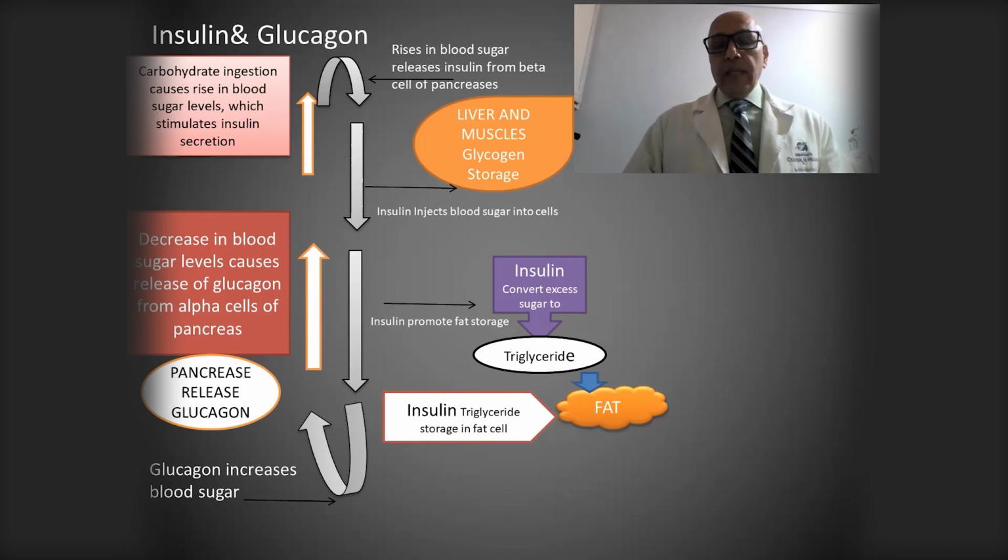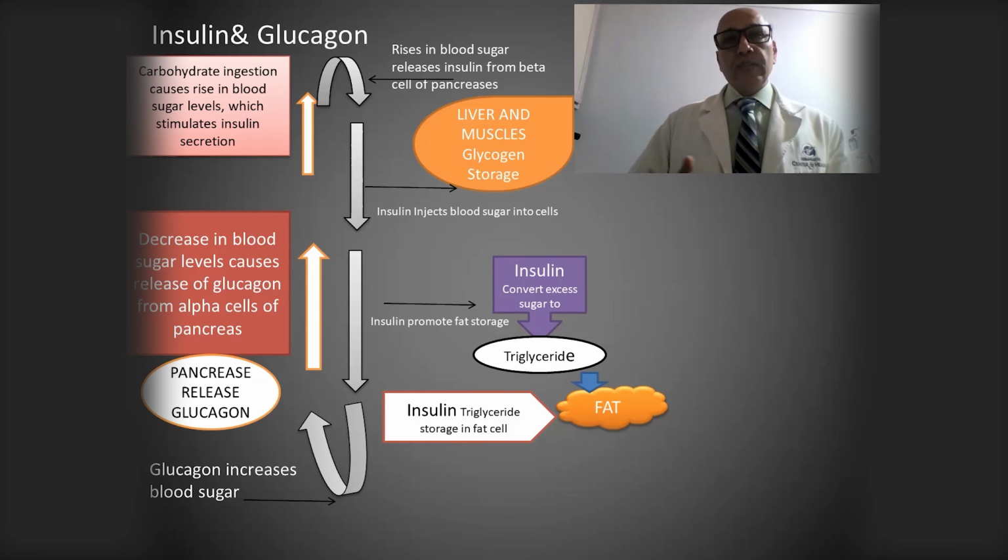Then the hyperinsulinemia goes up and up and up, and constantly nothing happens. You don't do anything about it. Constantly you eat, you put it in the storage tank, and you don't do anything practically. You eat all these good things, and then you don't move. You're sitting and watching TV. Then insulin becomes resistant, and that's what they call metabolic syndrome. Then A1C changes gradually and slowly, and then you become type 2.